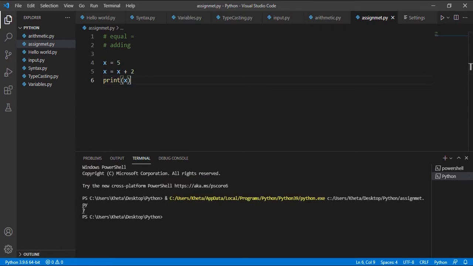Okay, so there you have it. The result is indeed 7. But this is too long, or it looks redundant. Or if you look at it from a mathematical standpoint, it doesn't quite make sense. So this is valid. You can do this, or you can use the shorthand or the shortcut, which is